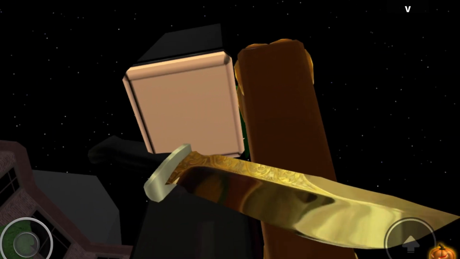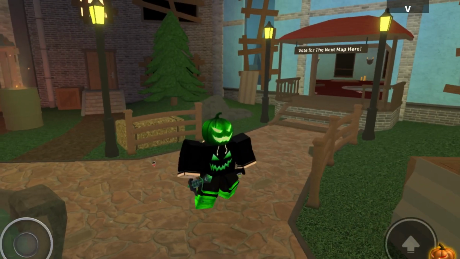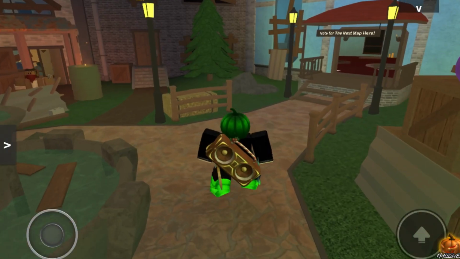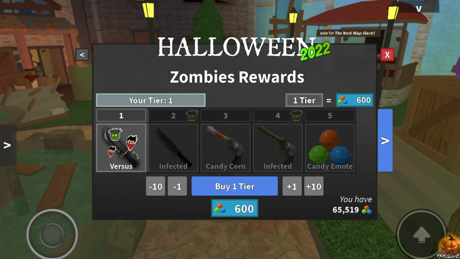Yeah, here is the Versus effect. It's just the survivor and zombie stickers just falling off your knife. It's pretty cool. But yeah, now let's go to tier 2. Alright, now let's go to tier 2, so let's go to team rewards, and next up we have the infected knife. This is one of the knives that is exclusive to the zombie team, so let's click buy one tier,